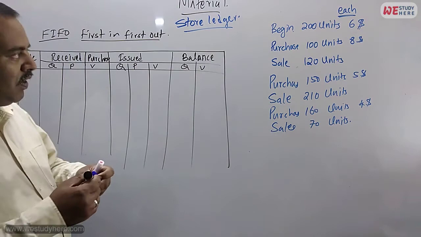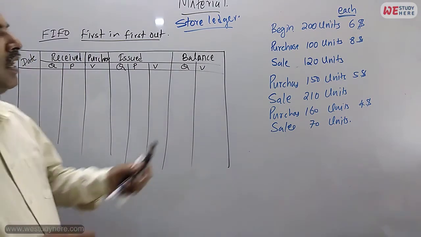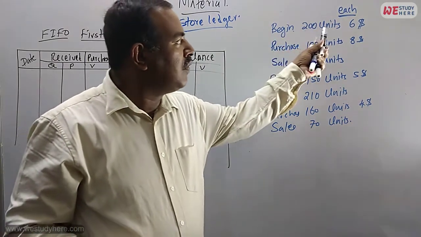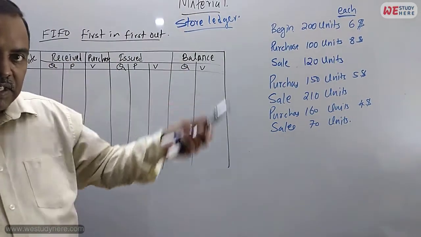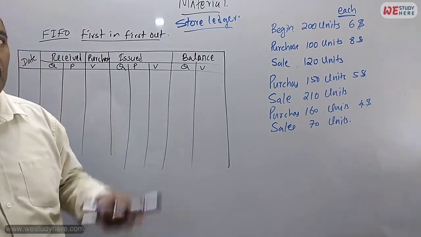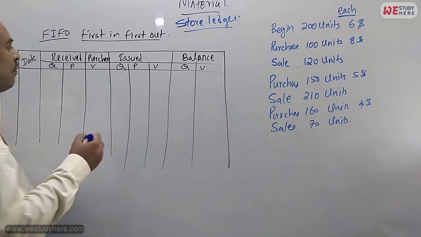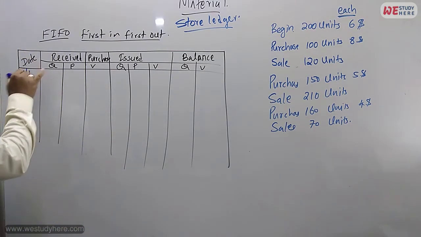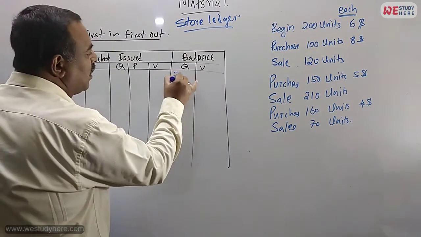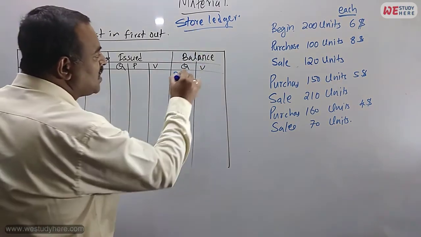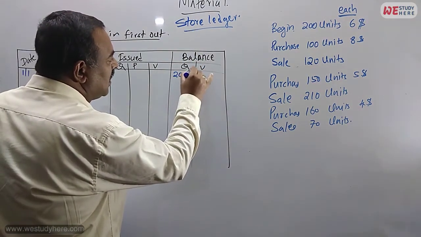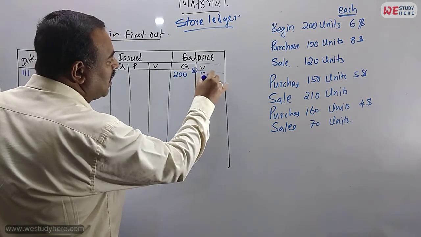Okay. Now if we take the example, beginning of the year, 200 units we have. That means last year's purchase, 200 raw material units still remaining. That 200 is the opening balance. Date is 1/1. Opening balance 200 units. One unit cost is how much? $6. We just put 6 here. Multiply, this is 1,200, the dollar value.